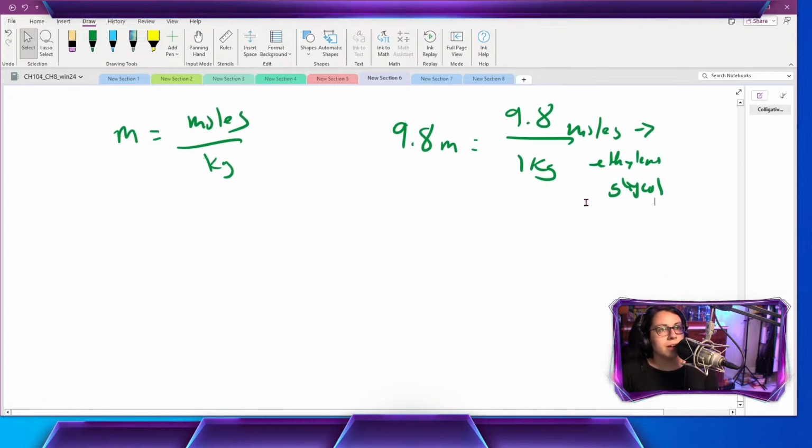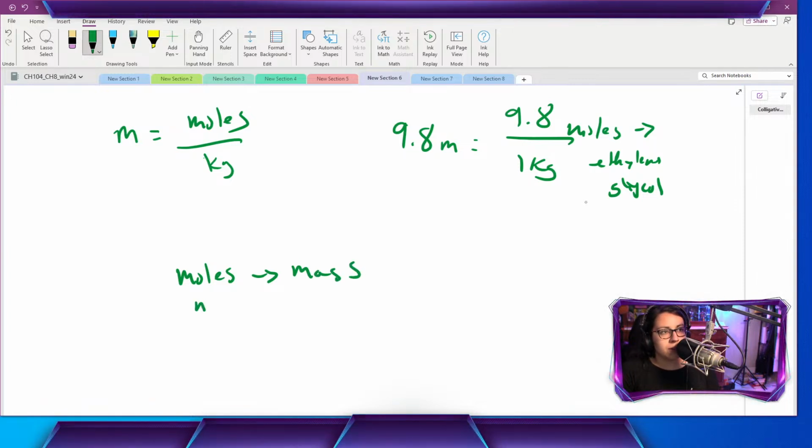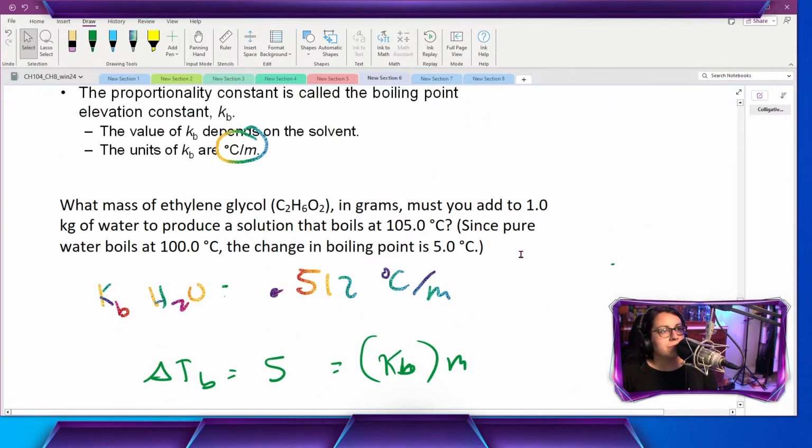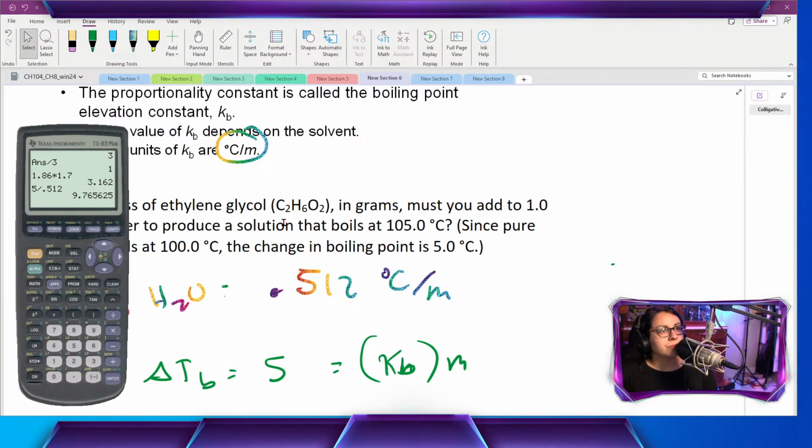And now from here, it's just a moles to mass conversion. And with that, we need the molecular weight of ethylene glycol. And let's add it up for fun, right? So they gave us the formula. So let's go ahead and add that. So 12.01 times 2